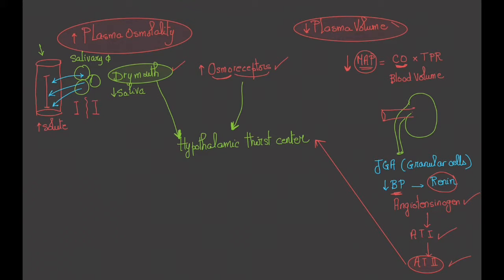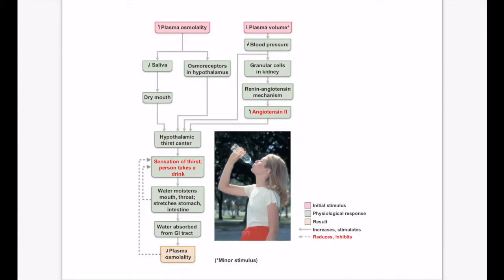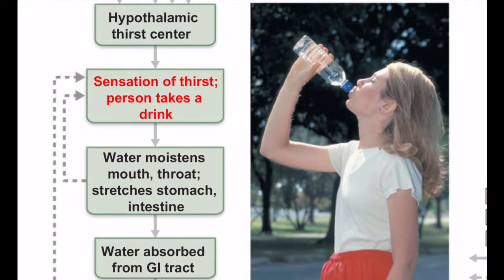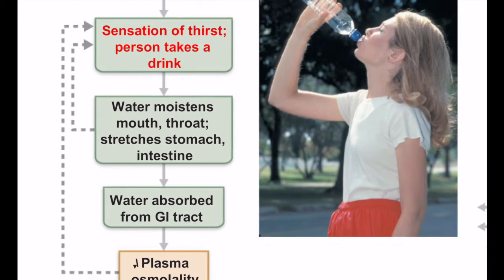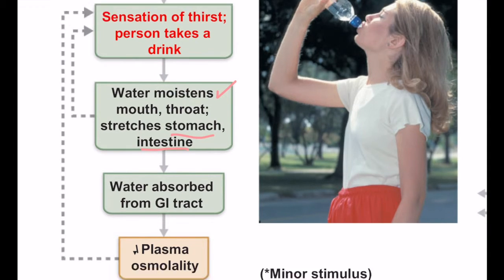What's going to result from the activation of the hypothalamic thirst center? This will result in a thirst sensation, and thirst sensation will drive you to drink. Once you drink, what's going to happen? If you're looking here on the slide, the water that you're drinking is going to first moisten your mouth so you don't have any more dry mouth. It stretches the stomach, stretches the small intestine,